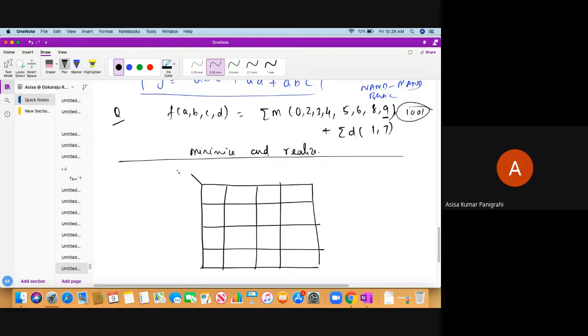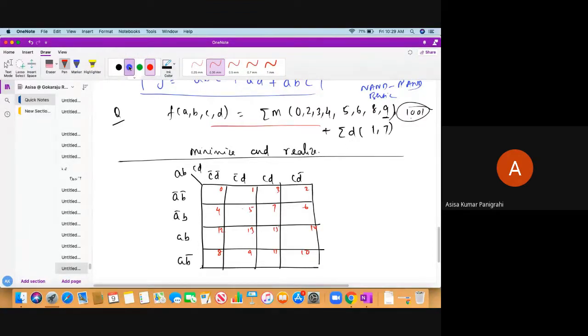Okay, next this is my ABCD given directly, so I can take the variables C bar D bar, C bar D, C D, C D bar, A bar B bar, A bar B, A B, A B bar. Now I can put those minterm positions over here because this is SOP, canonical SOP. I can put minterm positions 2, 3, 4, 5, 6, 7, 8, 9, 10, 11, 12, 13, 14, 15.